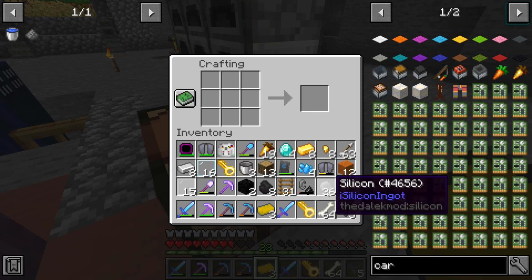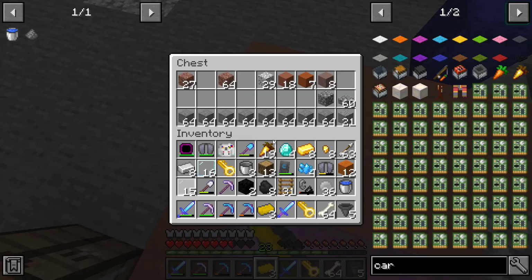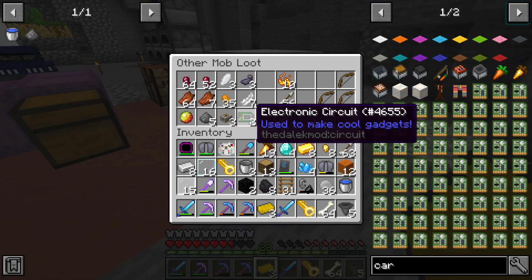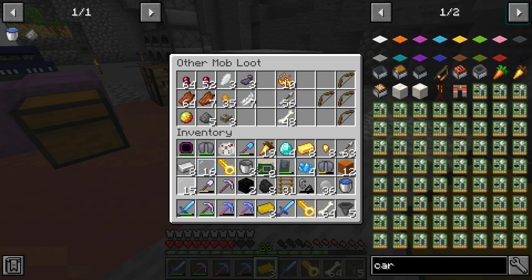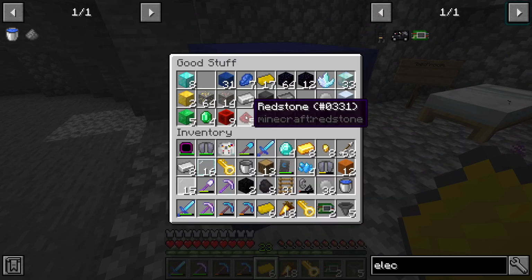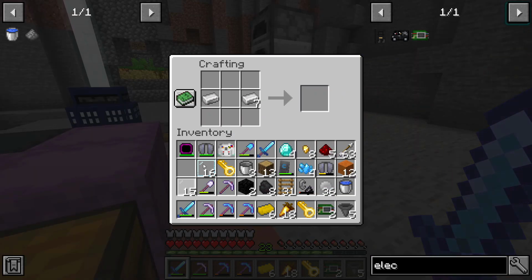Now, we actually need some electronic circuits as well. And they're actually surprisingly... Wait, I might actually have some before I finish that sentence. I'm pretty sure in this other mob loot chest. Yes, perfect. 2 electronic circuits. So we only actually need to craft 1 more. Alright, 2 pieces of redstone, 2 pieces of iron, and 1 silicon. I'm pretty sure that should be fairly simple. Right, so here we go. 2 pieces of iron like that. We need 2 pieces of redstone at the top and bottom, 1 piece of silicon in the middle,